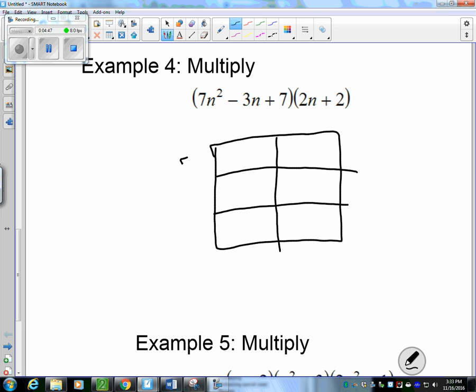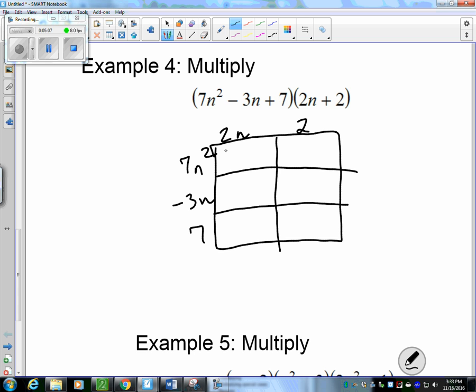So 7n squared, negative 3n, and 7. I'm going to put that on the columns or rows because that's where the trinomial would fit. And there's 2 columns, so that's where the binomial would go. Now we're just going to multiply it out like you would a Punnett square, so 7n squared times